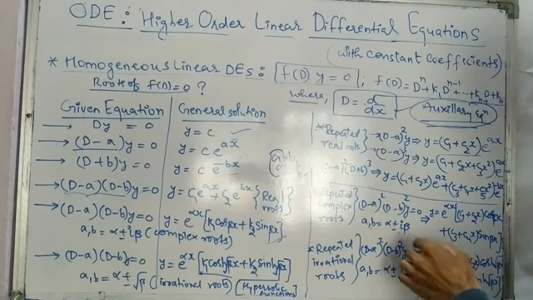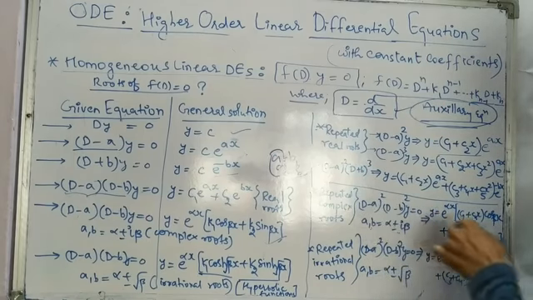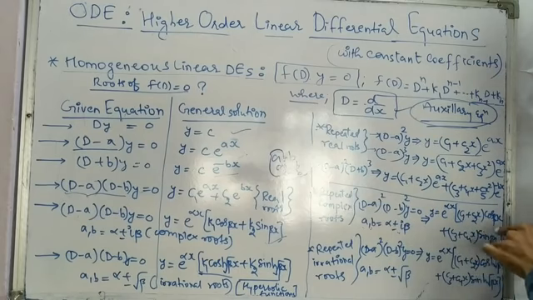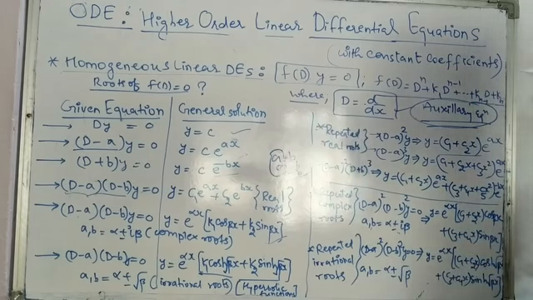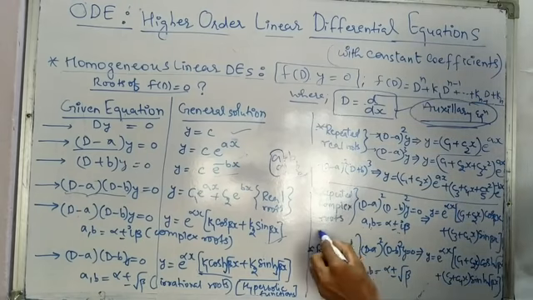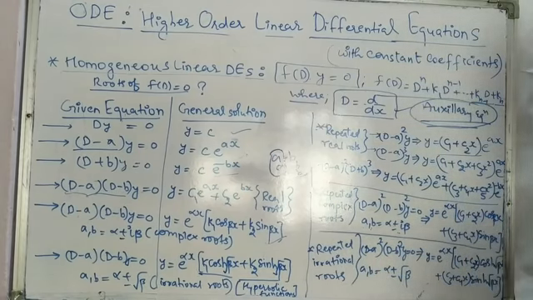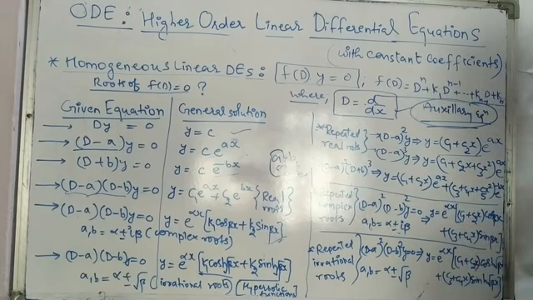And if they are repeated 4 times, we will have to write c1 plus c2x plus c3x square plus c4x power 3, and then cos beta x, and then for c5 to c8 we will write c5 plus c6x plus c7x square plus c8x cube, and then sin beta x. So in the case of complex roots we are going to get the trigonometric function, but if the roots are repeated we are going to get these terms like c1 plus c2x. This multiplication will be there.